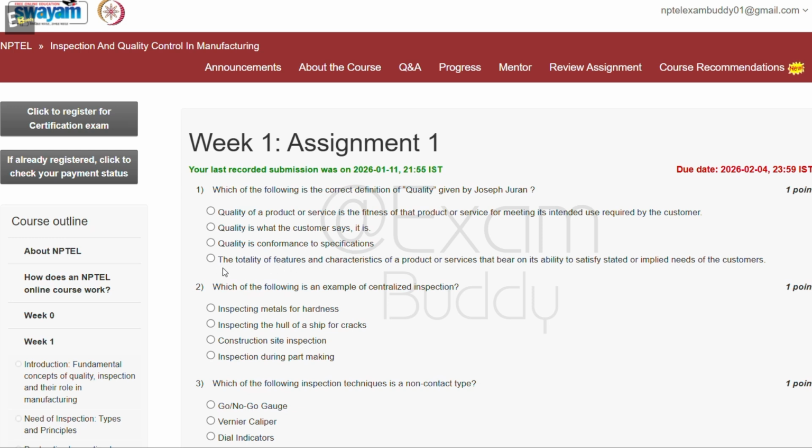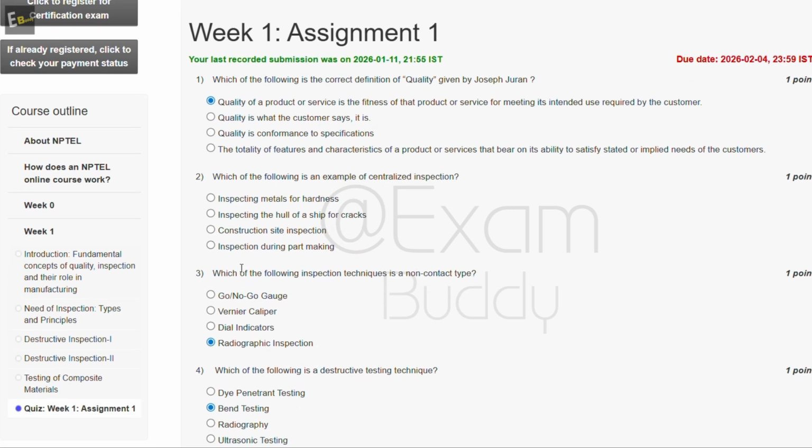Option D, the total of features and characteristics of a product or service that bear on its ability to satisfy stated or implied needs of customers. The answer is option A. Quality of a product or service is the fitness of that product or service for meeting its intended use required